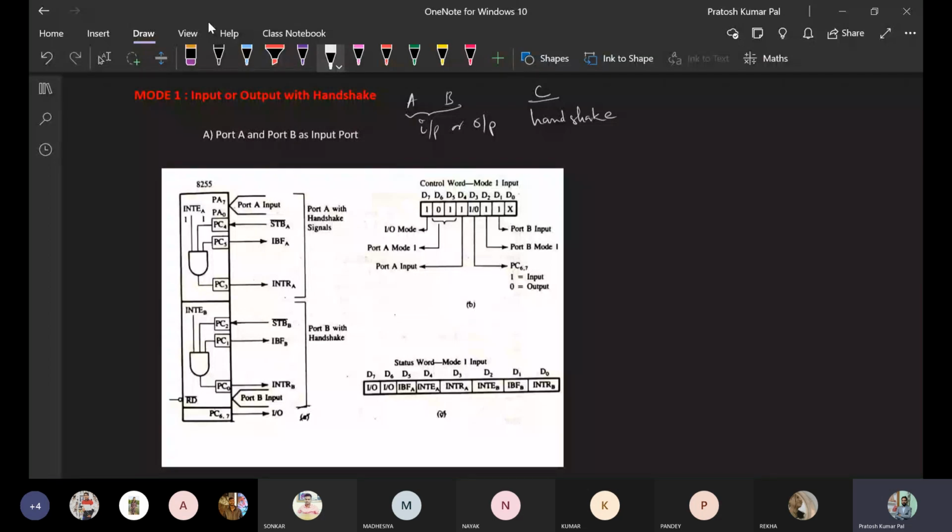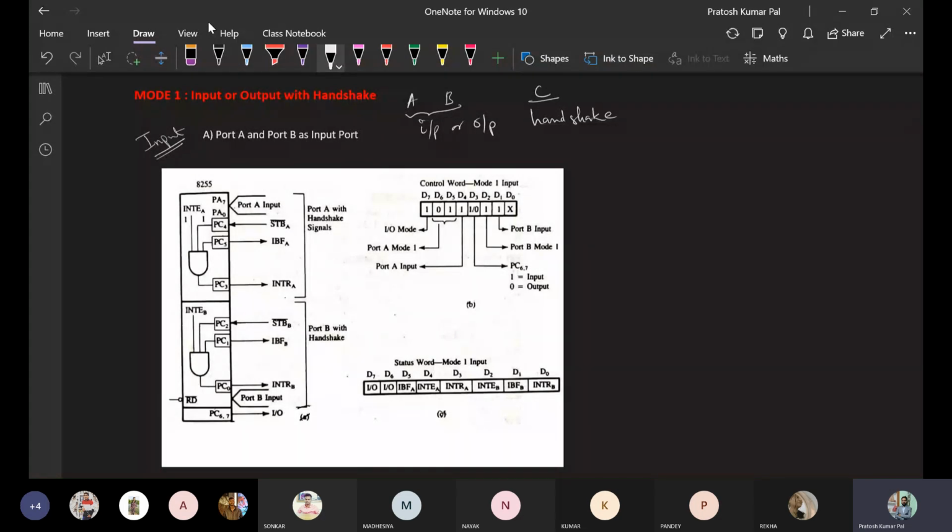First, the first configuration is where both are working as input. Suppose port A and port B are working in input mode, then we will see what the configuration is. The control word, or the control register content, we have already seen, how it is defined.